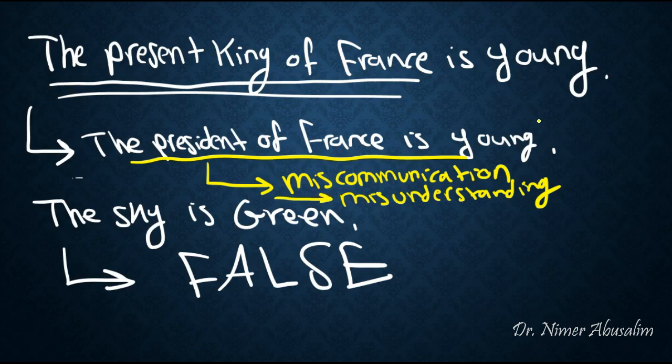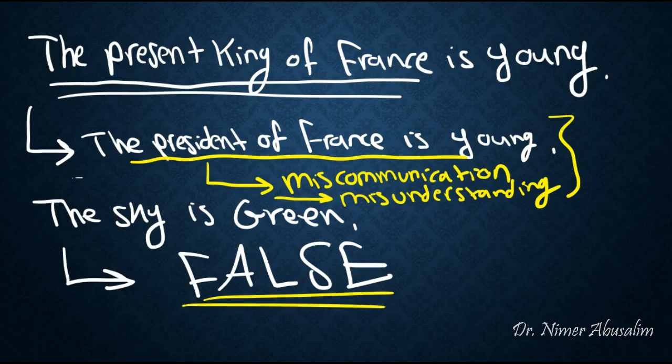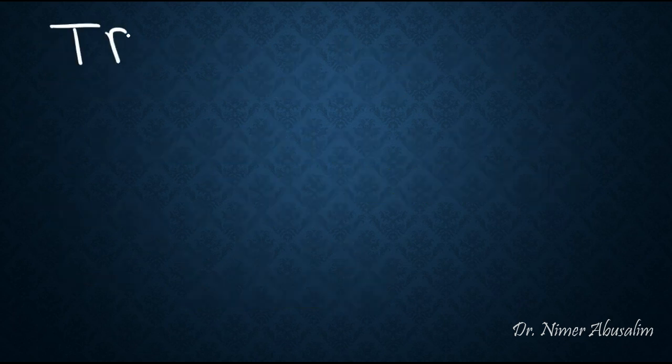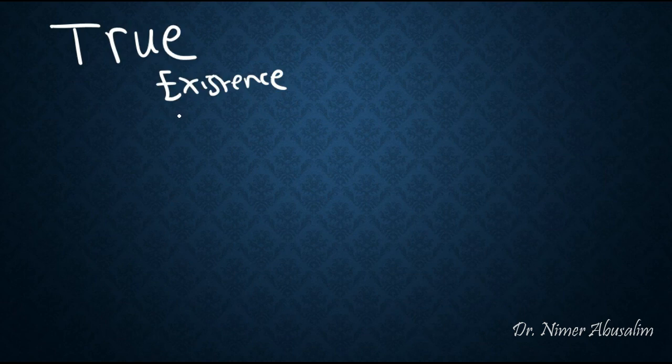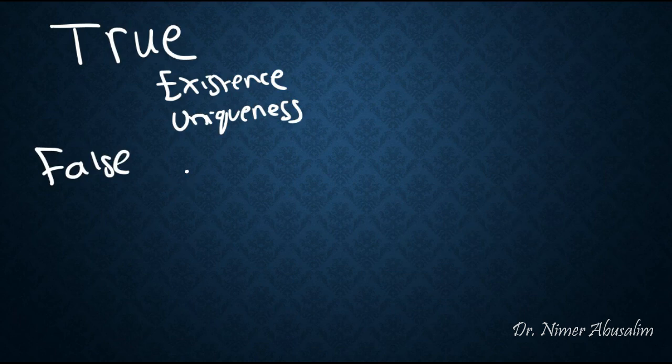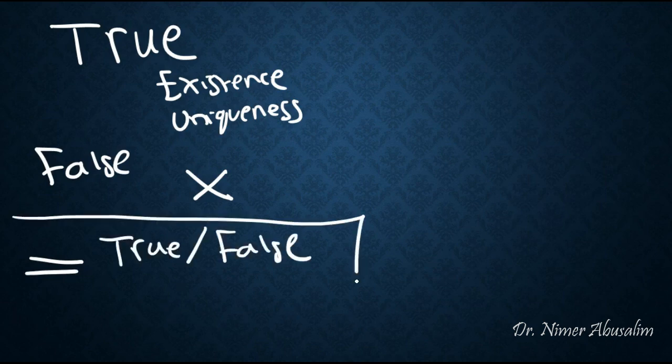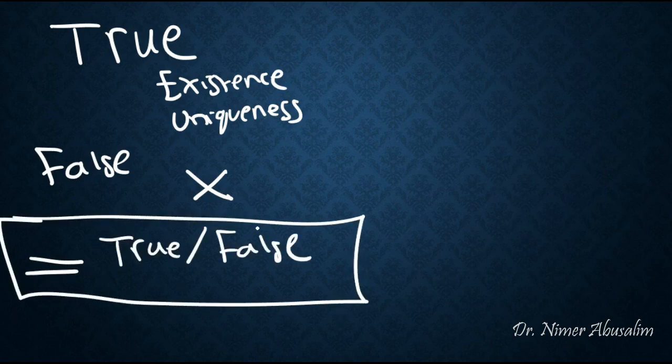Notice that you understood what I was trying to say. You understood who the person was that I was referring to. But this one is just totally false. The problem with Russell's theory so far is that it does not make such a distinction. So far we see that things can be totally true if they abide by the conditions of existence and uniqueness. They can be totally false if they don't, and they can be somewhat in the middle. Okay? This is the part that Russell cannot handle so far. How is it that you were able in this case to identify the referent I was speaking of, even though I did not use the correct words to describe that person?